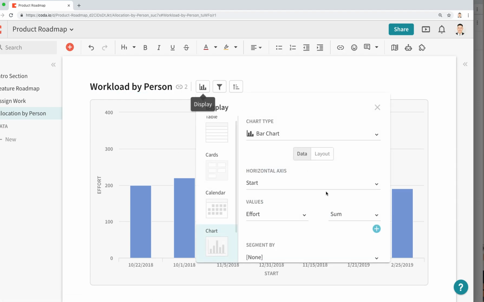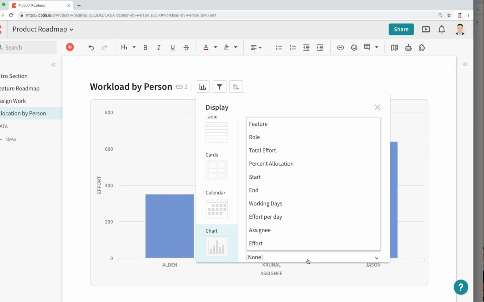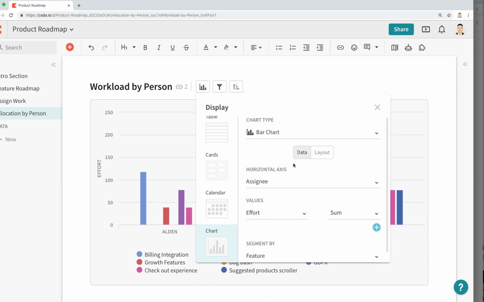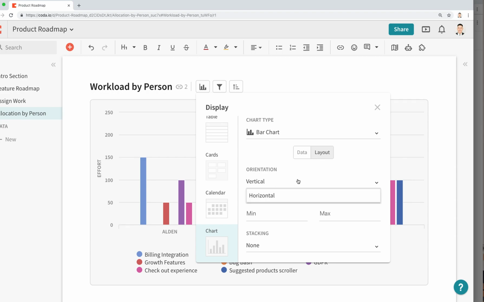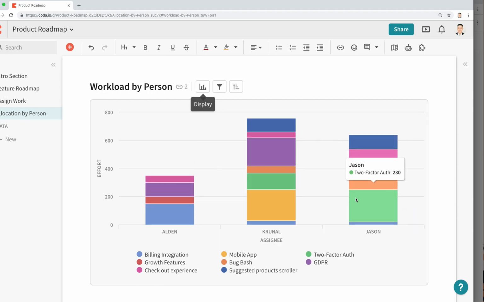And let's change some of this stuff here. So we want the horizontal axis to be assignee. And we want the values to be effort, that's right. And we want the segment to be by feature. And now, actually, we also want to lay this out so it is stacked. There we go. And now we can see how much effort individual people are working on specific